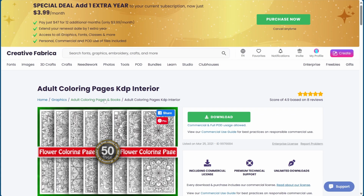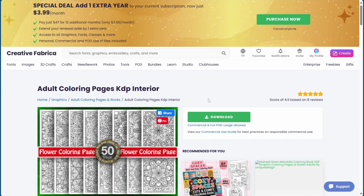And so all you're going to do is go ahead and hit download. Because I have an account, it's going to download it for free for me. Everything that I want to download on here, I can get for free. So we're going to go ahead and open the file. And we're going to get the PDF, and I'm going to go ahead and put that in my downloads. Then we're going to go over to